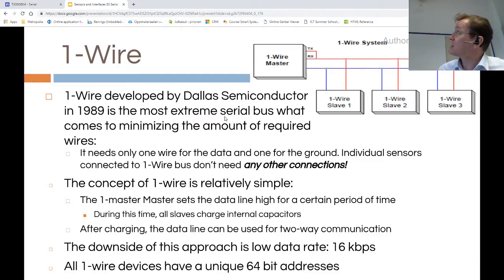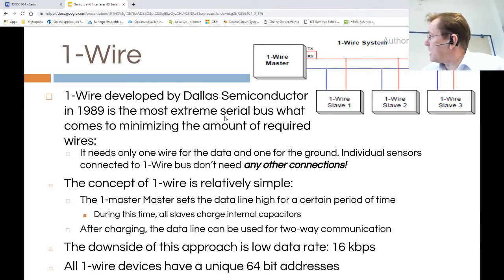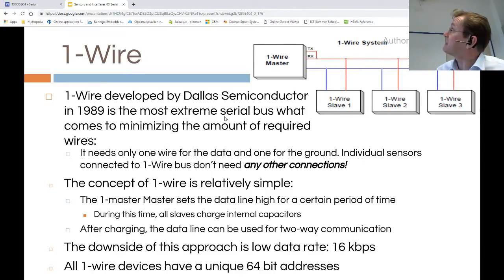Because of the charging properties, there is a downside: low data rate. 16 kilobits per second is considered a very low data rate nowadays. But the nice thing is that you can actually have lots of devices there. One-wire devices have unique 64-bit addresses. 64 bits. Okay,